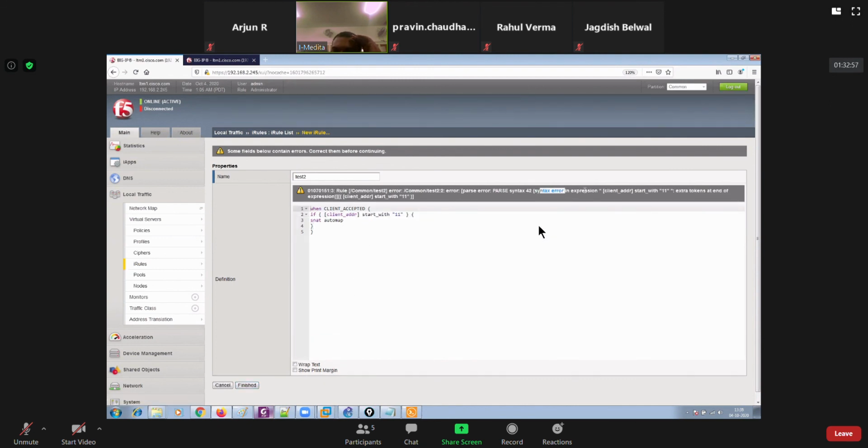So it says, again, syntax error in expression, client address start with. So this is again extra tokens.